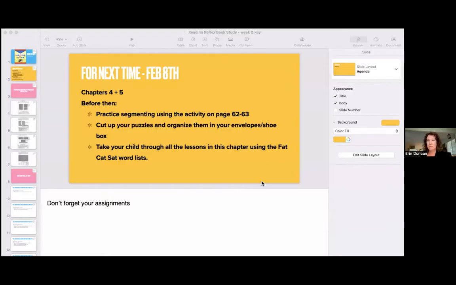We'll finish those off and look at multisyllable management. And then we have another week. So if we don't finish, we have some time that we could work with on March 8th, where I was planning just to give people ideas of where they might go from here once they finish the reading reflex book. Teachers, what they might do and how this would look in a classroom or in small group setting. Parents, things you can do just from here. So that was my plan.